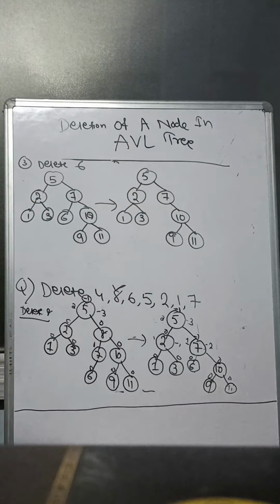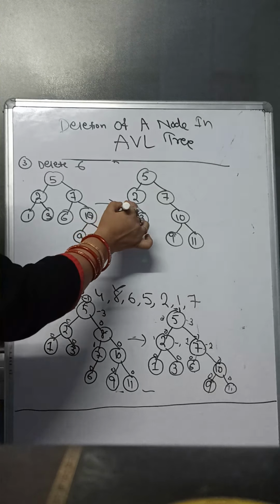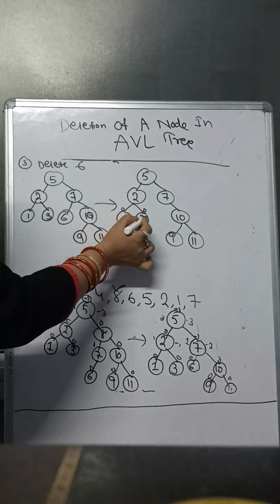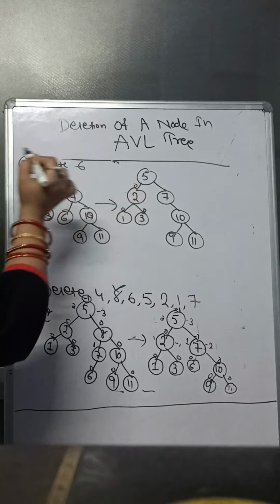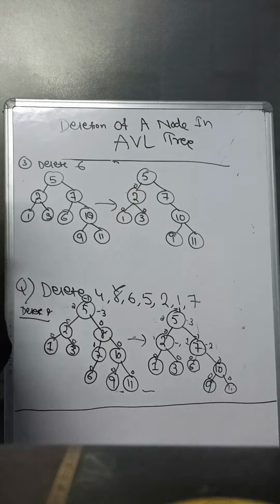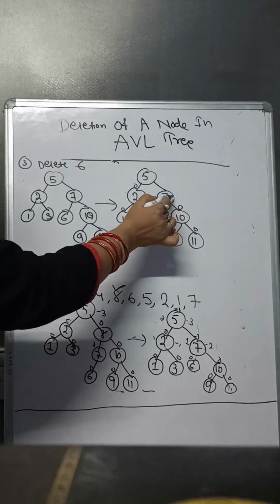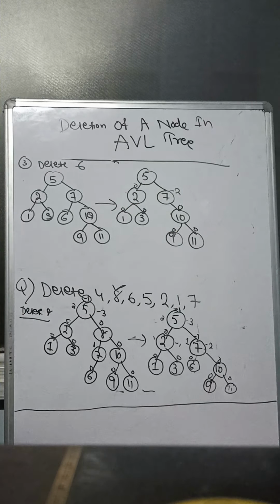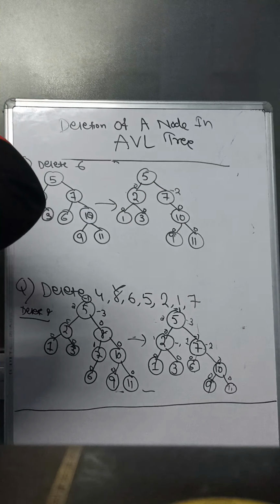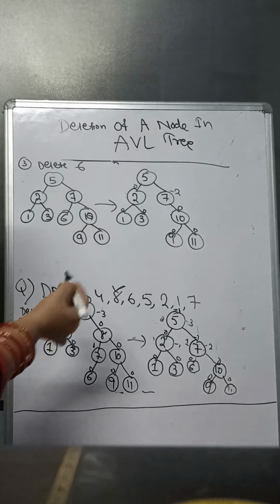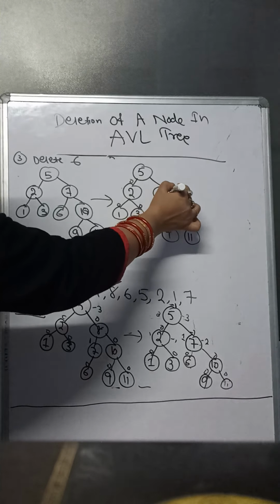So calculate the balance factor. Okay, calculate the balance factor. So 0, 0, 0, 1, 0, minus 1 means 1 and minus 1 difference is 0. Now this is 0, this is 0, 0, 1, 0, minus 1, difference is your 0. Okay, then 0, minus 1, minus 2, 7 doesn't have any left subtree. So here the balance factor of the tree is minus 2.